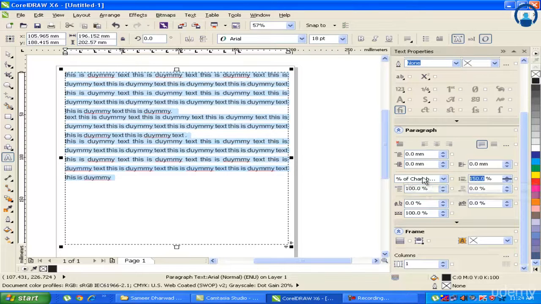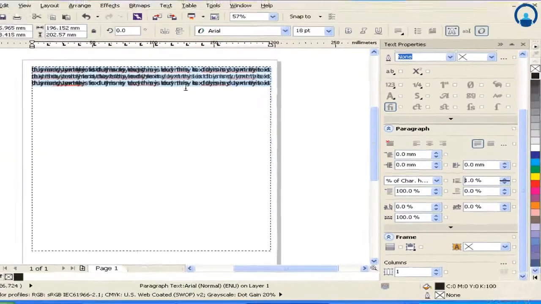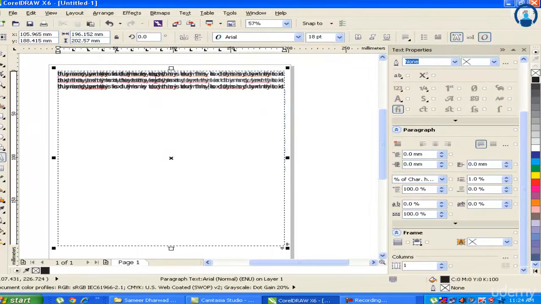Now I'll bring it to its original position. That is 100. If I keep it as 0, it doesn't accept, because the minimum spacing is 100. See, if I keep it as 1, the entire text overlaps with each other, because there is no space between the lines. So the first line is overlapping the second line, and the third line is overlapping the second line. In that way each line is overlapping with each other, because there is no